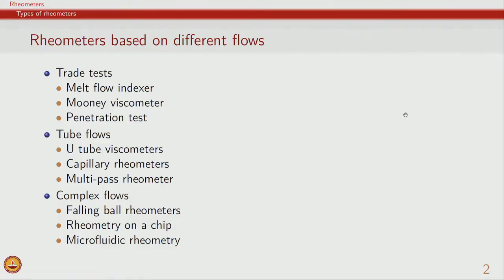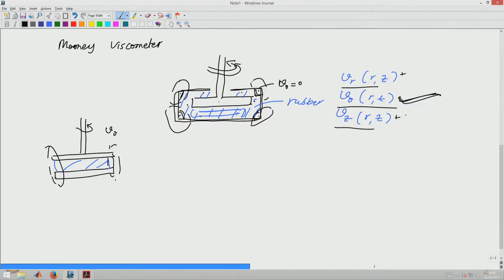The other example of a test is a penetration test, which is used for asphalt, and it is again asphalt or bitumen. It is similar, in which case there will be a penetrating needle, and this is again with a certain weight or certain load which is given on it, and asphalt is kept, and given under the action of whatever load and whatever penetrating member,